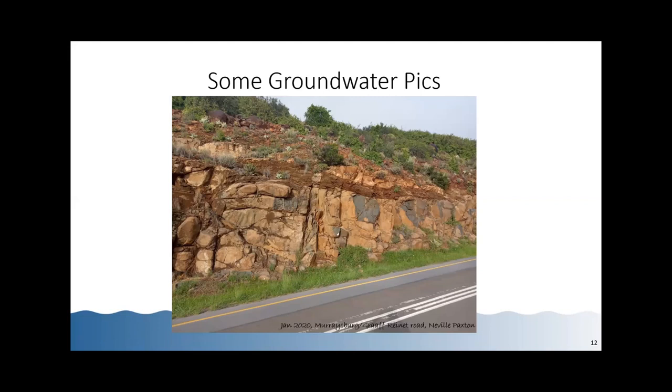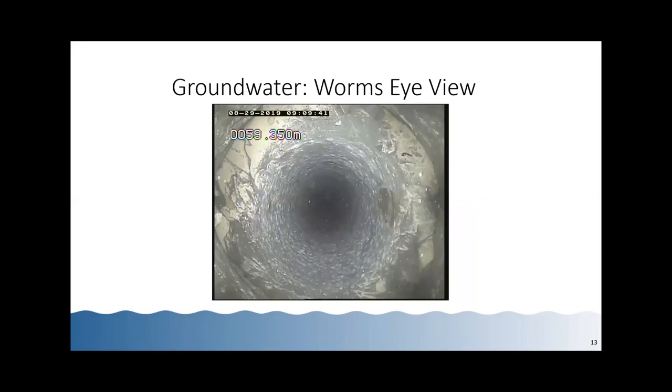Here I've got a short video to show you what groundwater looks like when you actually put a camera down a hole. So at GEOS we've got a borehole camera, and it has the ability to look straight down into the Earth's core, and we use it for many various applications. The top left of this picture, you can see that our depth of the camera is actually 59 meters below the surface, and we've also got a date and a time there. So if I press play,